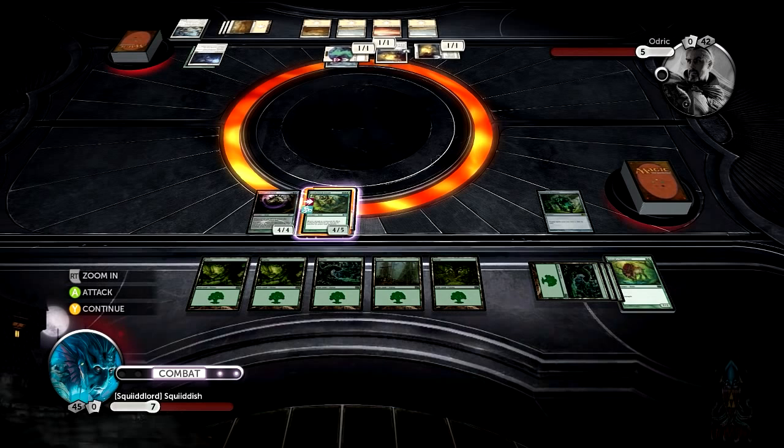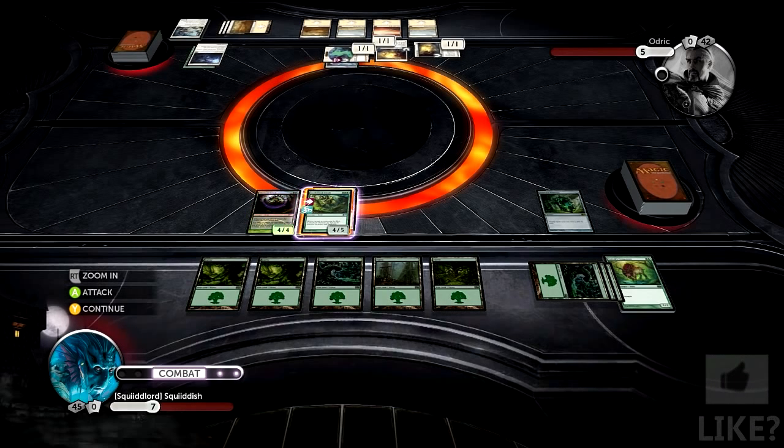Because realistically, I should be able to equip my boots over to the Obstinate Baloth and attack with him. This game's kind of messed up sometimes with how it handles controls. There's no reason I should not be able to equip the boots to the Obstinate Baloth and attack, but because the game has decided we need to go into the combat phase this exact instant, I wasn't given an opportunity to switch him over. I may lose this game because Planeswalkers is kind of a terrible simulator for Magic the